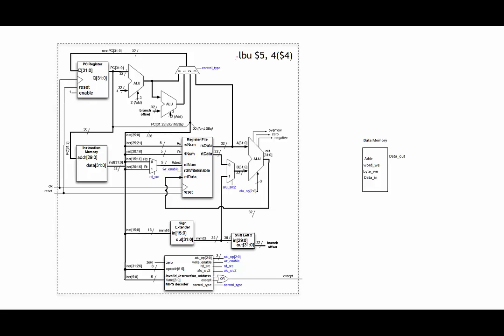Let's discuss how to implement the load byte unsigned instruction in the MIPS architecture. Like all of the other loads and stores, the address for this instruction is calculated from a base, R of RS, plus an offset. So we have a signed immediate that we're going to add to this. So this is our base plus